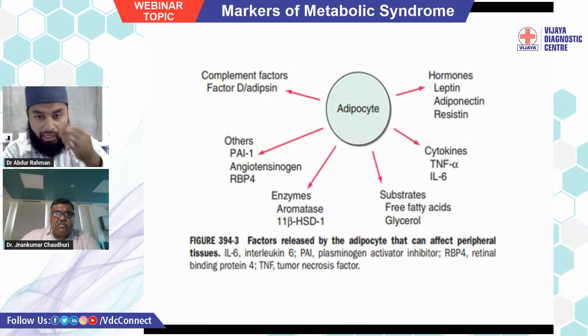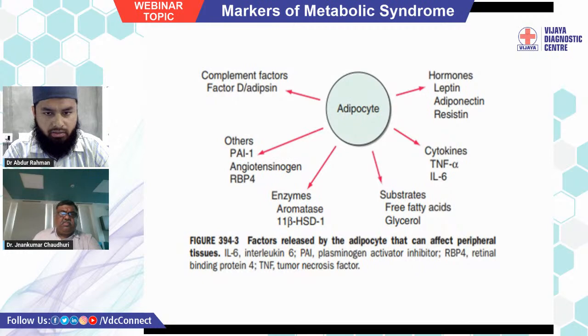As the adipocytes are full and the obesity is too much, there will definitely be release of free fatty acids and glycerol. Those free fatty acids and glycerol will further potentiate the effect of insulin resistance. Then we have the enzyme aromatase. These aromatases are specially found in the fat cells, and they convert testosterone to estrogen. So hormonal dysregulation happens. Patients start developing gynecomastia or other problems, and infertility can also happen because of these aromatase enzymes.